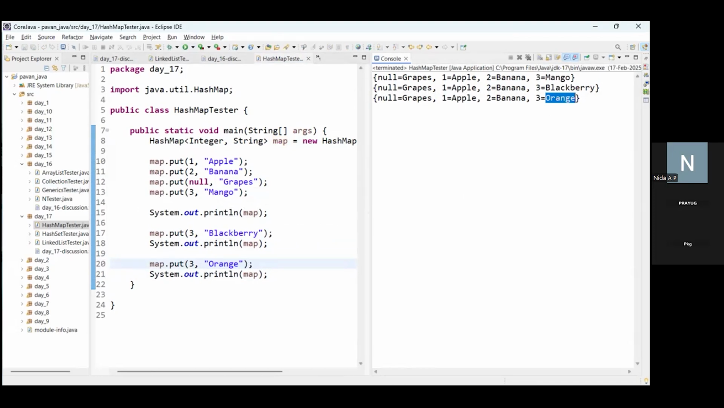Okay. Is that clear? Now, I'm showing you with the normal data types. So what you can do is store objects also. Okay, you can store the objects also. For example, let's say like